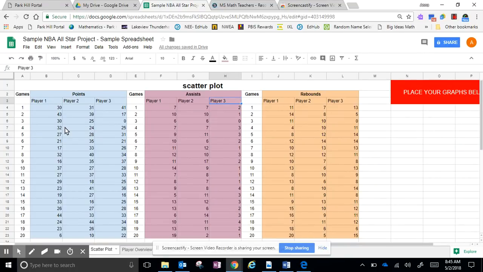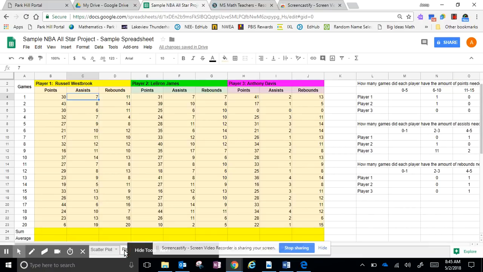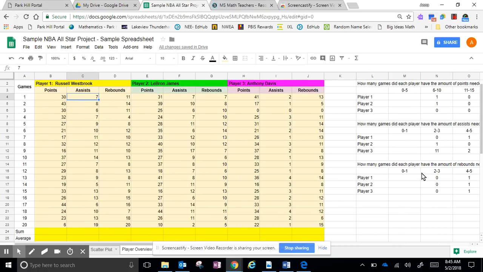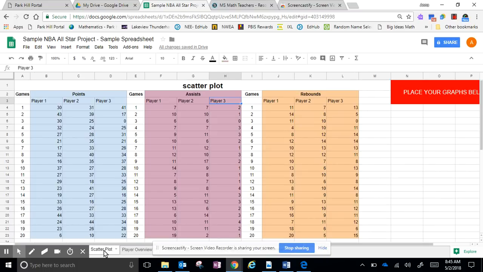Today I'm going to show you guys how to make scatter plots. We have already created our frequency tables. You can see if you go to your overview, we have made our frequency tables over to the right, and we have completed our graphs, points, and etc. You can already see that if you go back to your scatter plot, this should be already copied over into